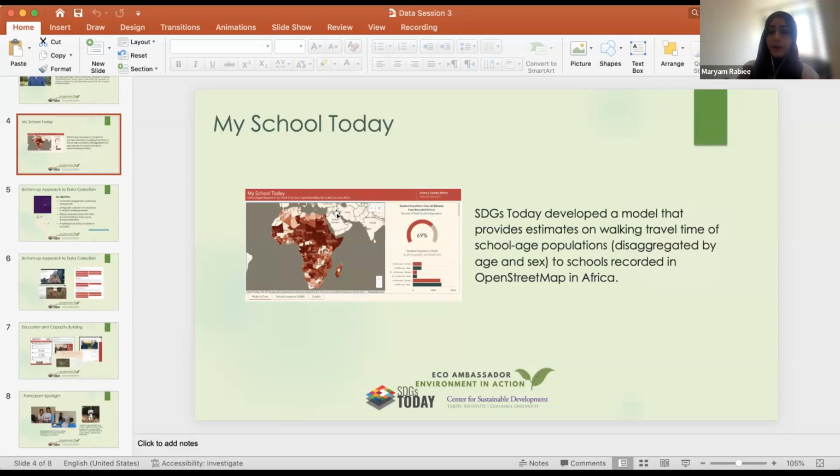It helps with narrowing a data gap related to access to education and the broader SDG 4, which is on quality education. On the other hand, it also gives us an opportunity to engage a lot of local communities, youth networks, and students to participate in mapping schools and contributing to the development of this data set.